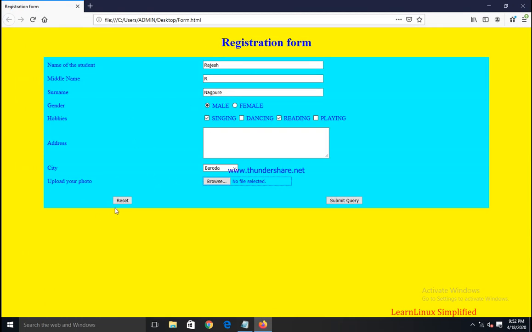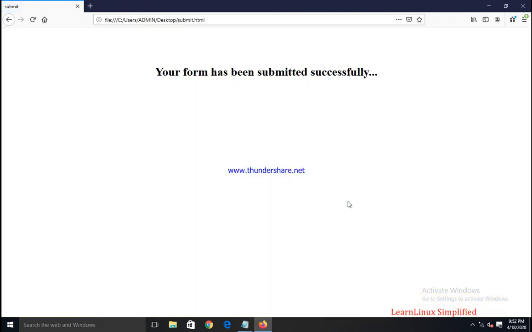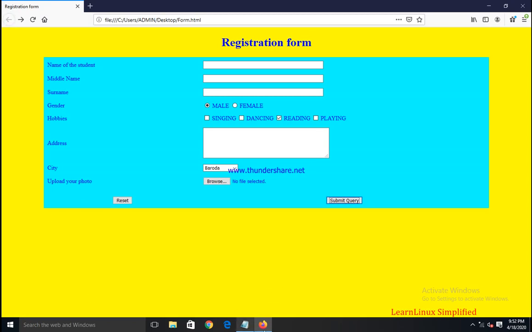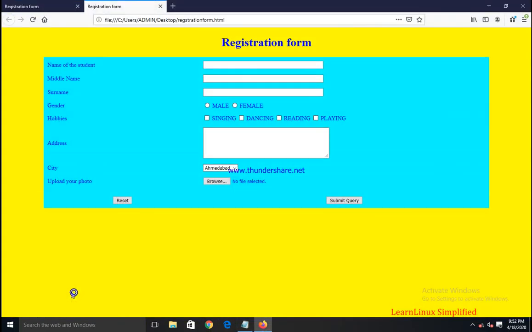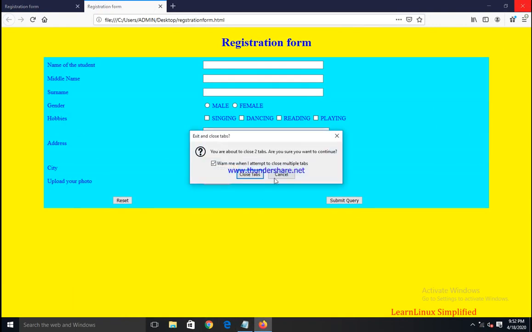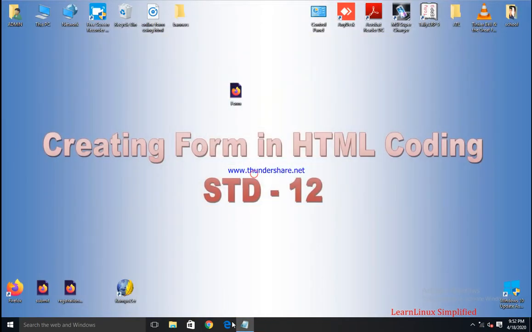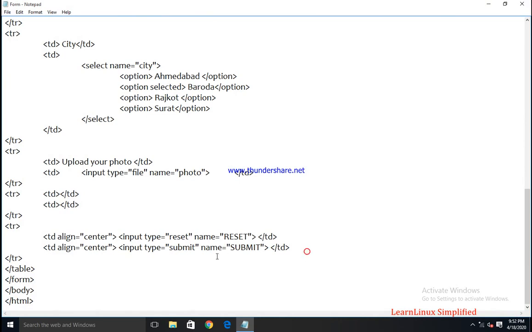You can see all the data will be cleared. So this is how we have completed our form.